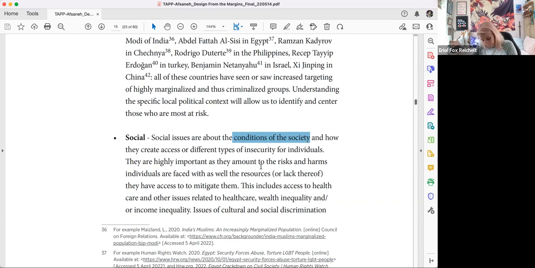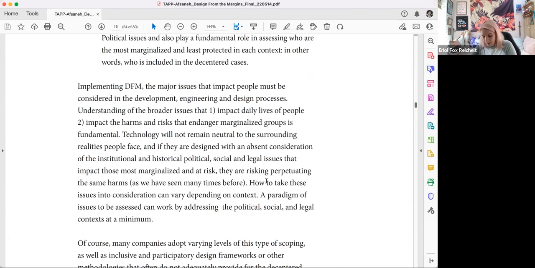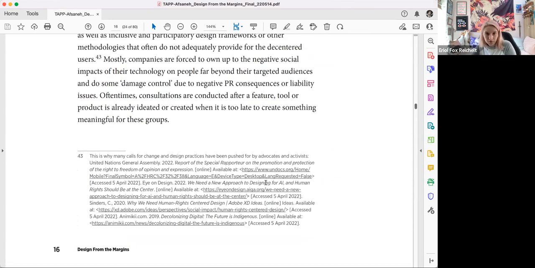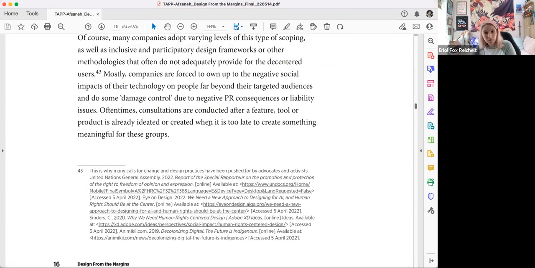I mean, there's another thing that I noted on just page 16, just a nice line, which is consultations are conducted after a feature, tool or product is already ideated or created, when it is too late to create something meaningful for this group. Hard agree, but also